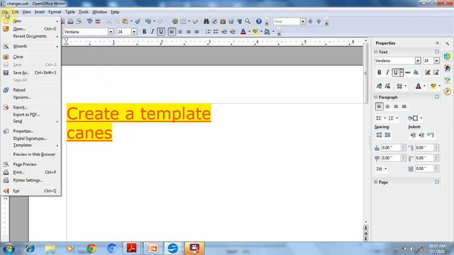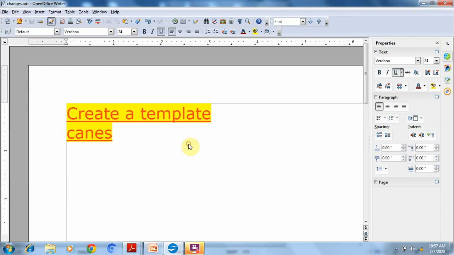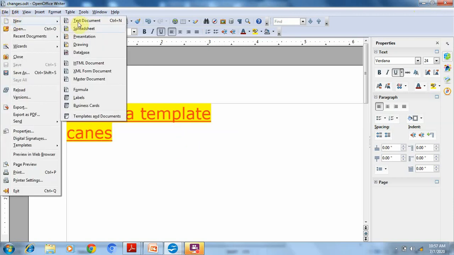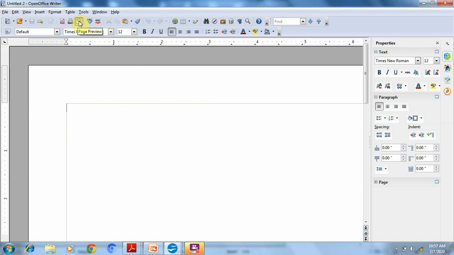For creating the new template, just click on File, then go to New. Firstly write any text. Open the new file, write any text. I am writing hello world.